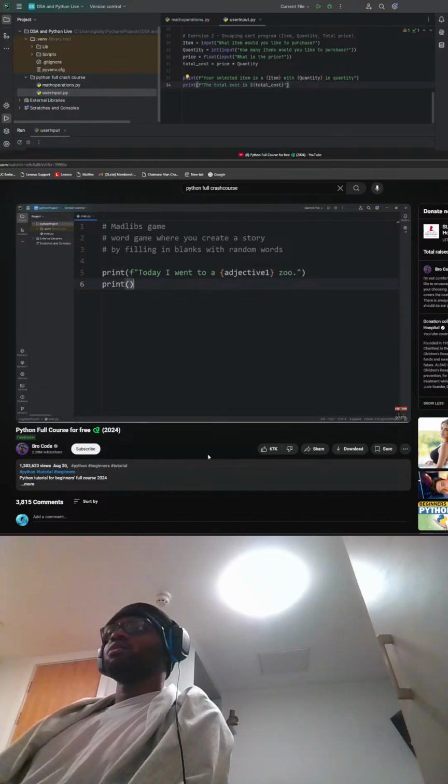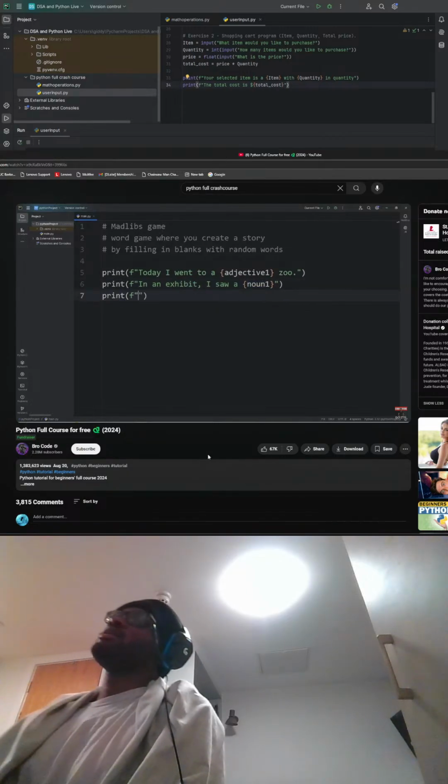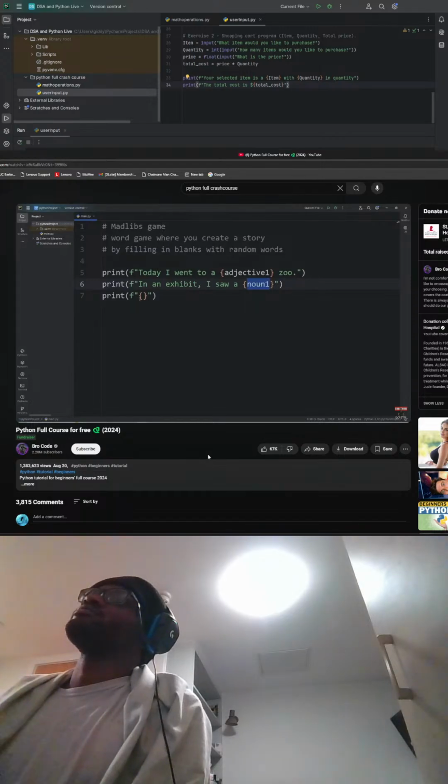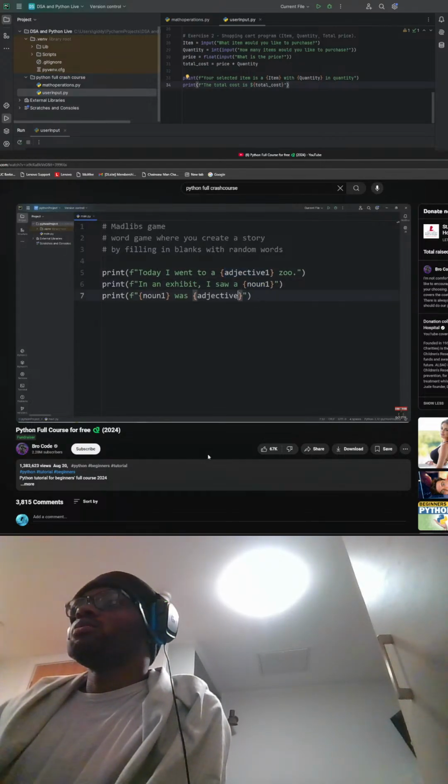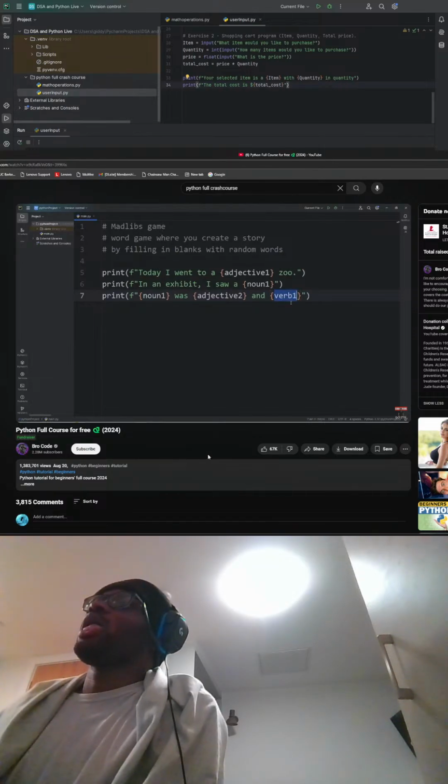For our second print statement, let's print the following. In an exhibit, I saw a placeholder. We'll include a noun. Noun 1. A noun is a person, place, or thing in English. Maybe a gorilla named Harambe, for example. Print is an F string. Let's say our noun 1, whatever this is, we can reuse variables. Was, we will create a second adjective, adjective 2. We will be describing whatever noun 1 is, this person, place, or thing. And we will insert a verb, verb 1. A verb is an action, such as running or eating. Then,